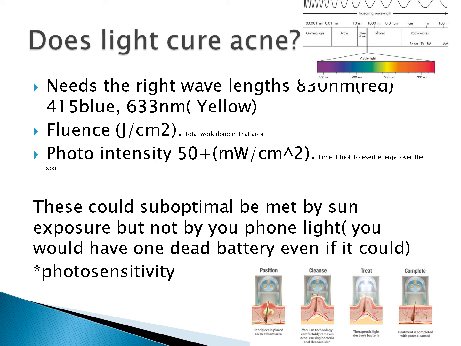And these are some units of measurement, and there's also one called photo intensity, and it seems to be 50 plus. Photo intensity is the kind of work over a specific area that you would get a therapeutic effect by. Anything sub this is said to be insufficient. So these exposures could be met suboptimally by the sun. So maybe the sun doesn't have the output that's getting to your face specifically